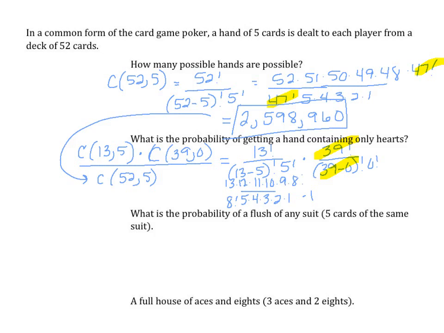So again, I'm relying on you to use your calculator here to help me out and multiply. So if I multiply 13 times 12 times 11 times 10 times 9 and divide that by whatever 5 times 4 times 3 times 2 times 1 is, and we multiply that result by 1, you should get 1287. And when we divide that by the total number of choices we have,